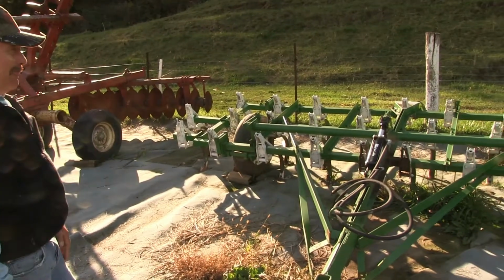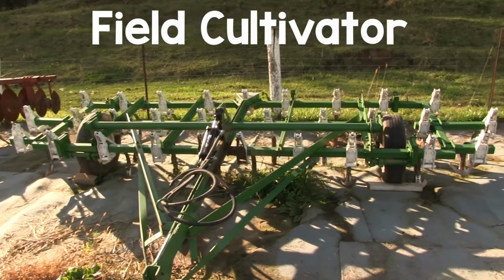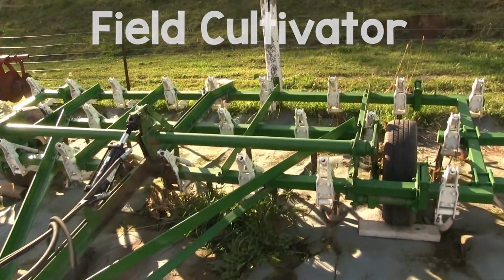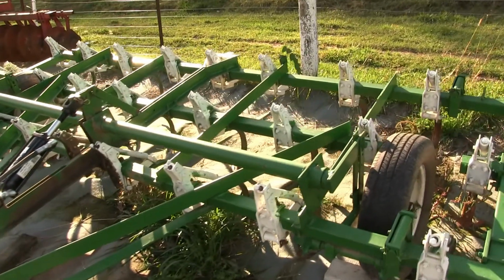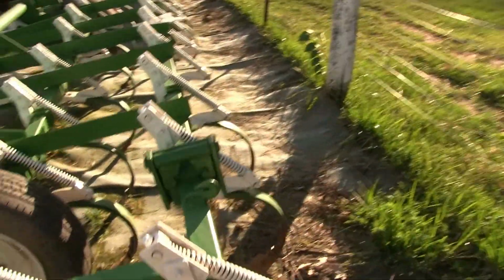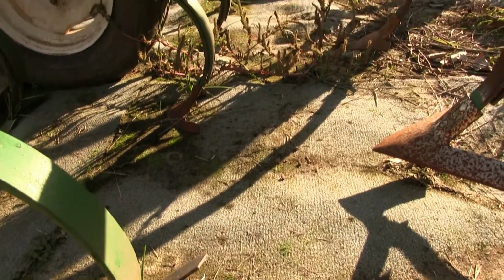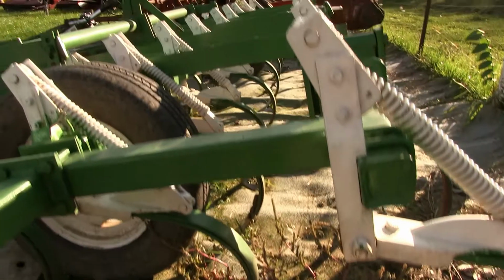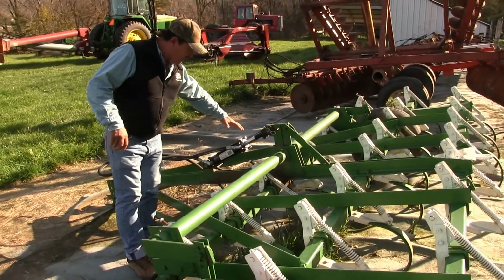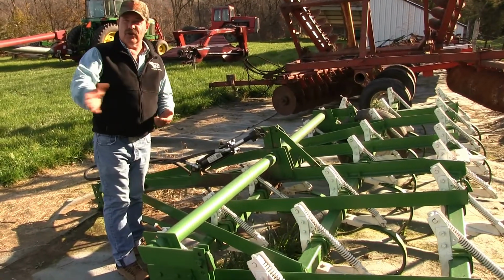Here's a dandy. What it is, it's just a straight field cultivator, and this particular piece is a weeding unit. What it does is it gets dragged through the field. There was a pack of stops on it, but they're gone. What we do is we only let it go in so far. We only let it go in this far, and we germ out